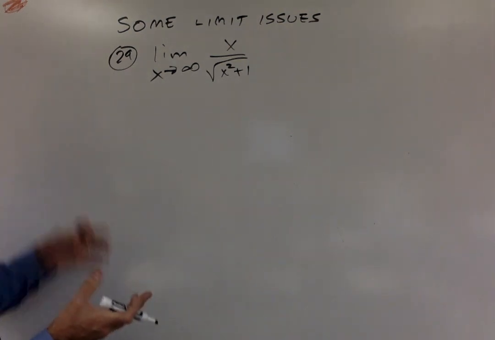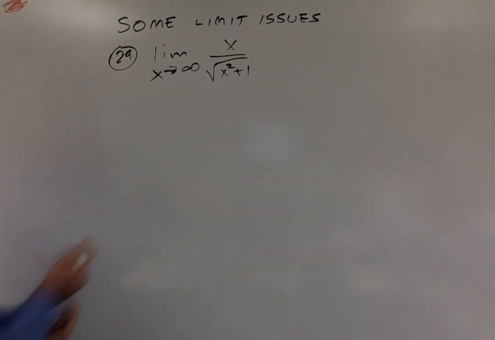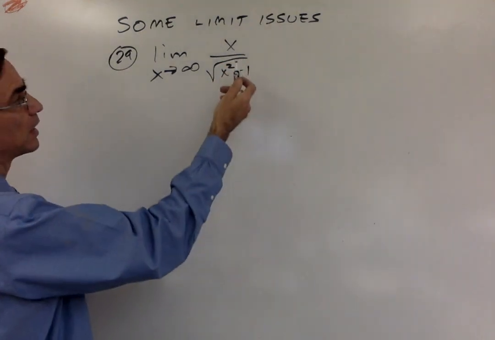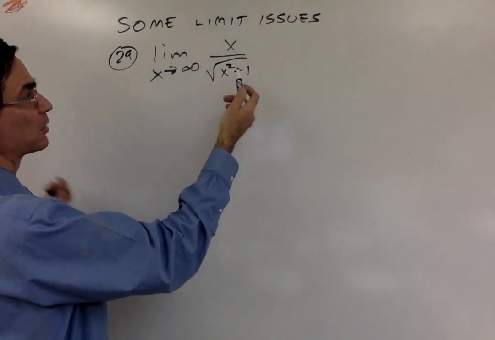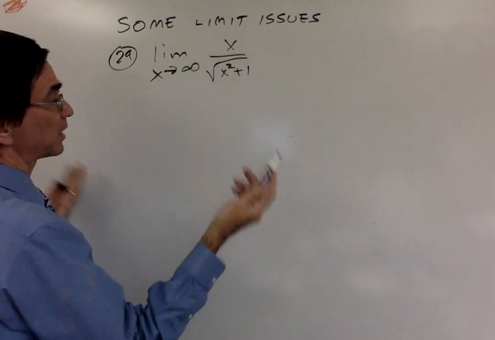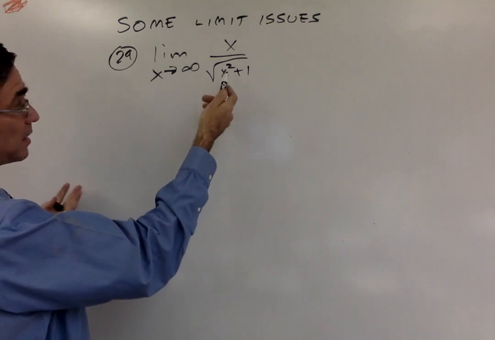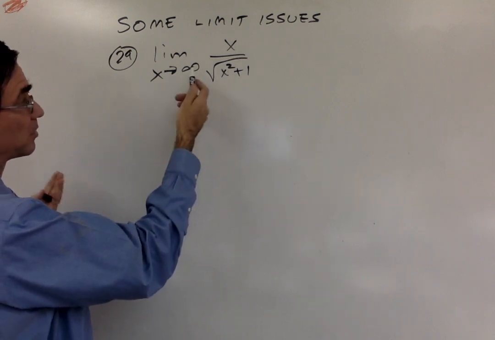I'll look at some limit issues from the homework problems. This is number 29, and what you find out is if you try L'Hopital on this, it's immune. You do L'Hopital twice and you get the same function back, so you think you're stuck. But just use our kind of common sense about what happens when x gets bigger and bigger and bigger and